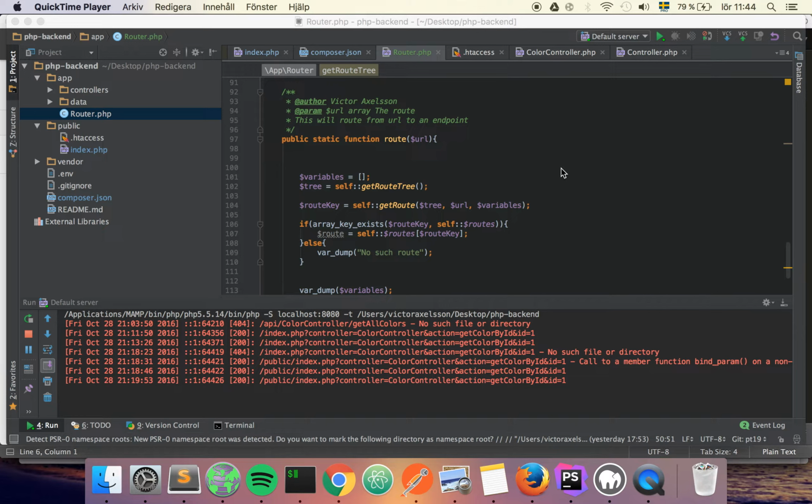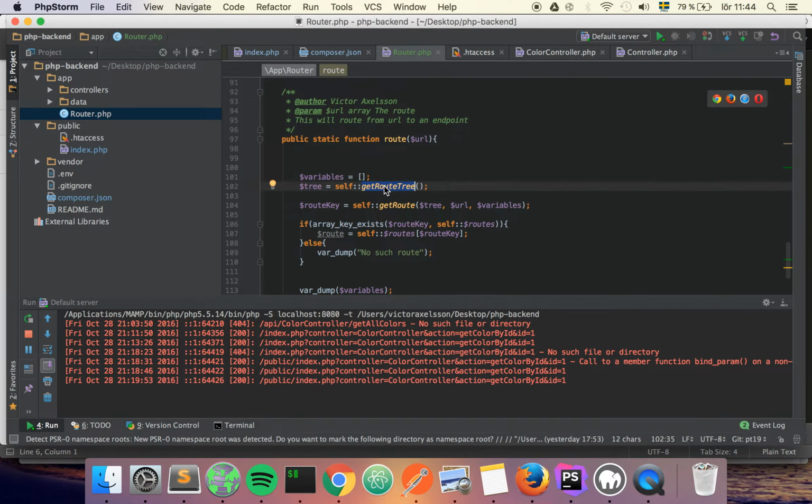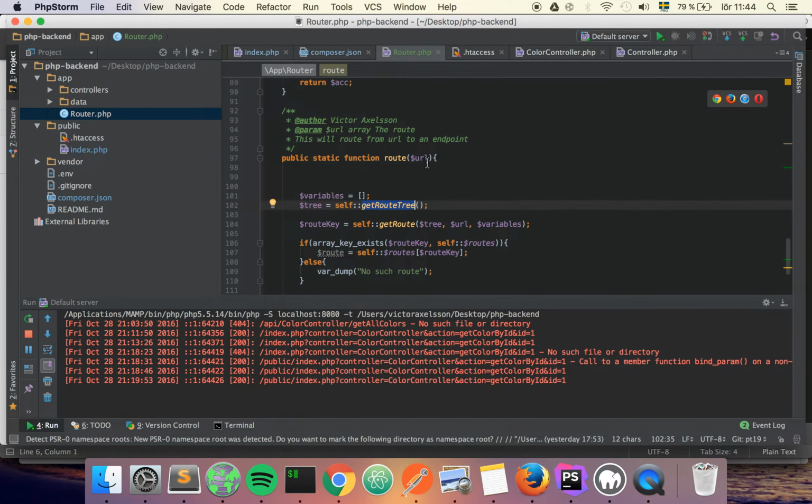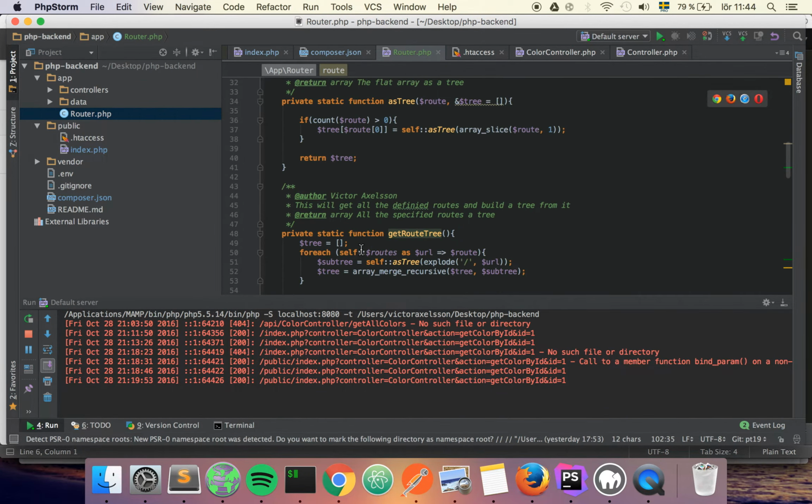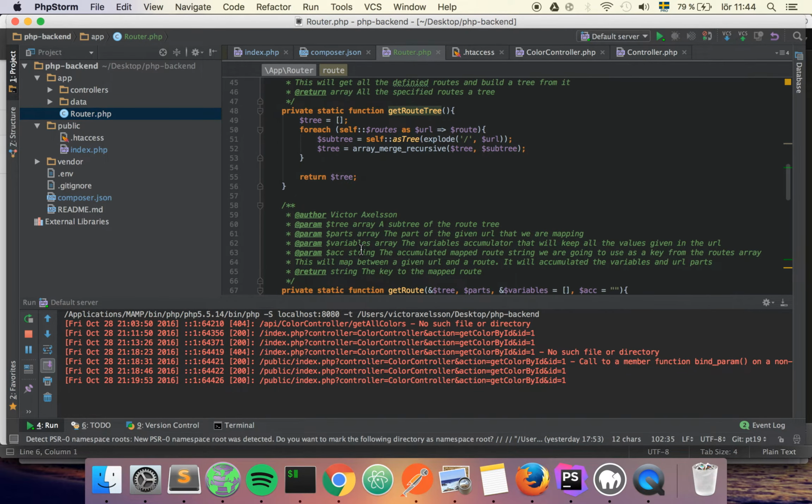In this tutorial I'm going to show you how I did the actual implementation of building the route tree. I'm going to start by looking at this function, getRouteTree. This is the function that builds the whole tree from this variable. And here it is. So the first thing that it does is collect all the routes from